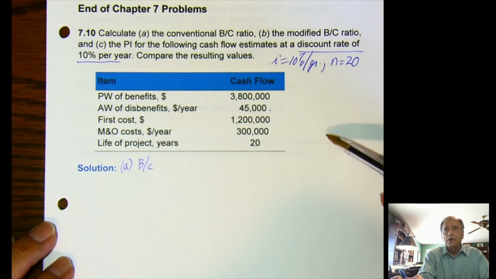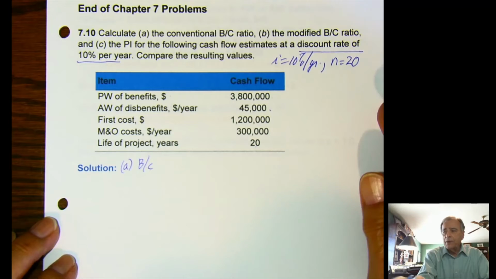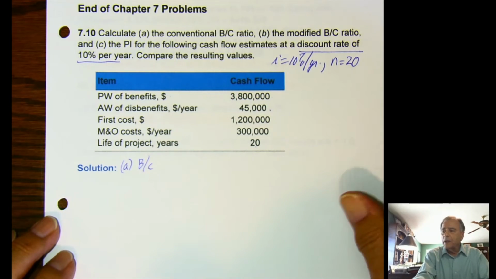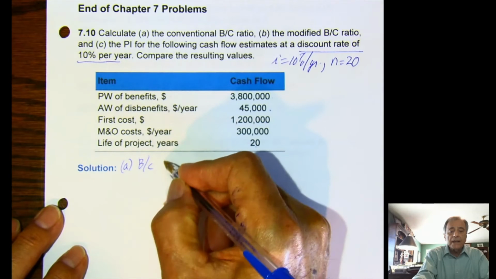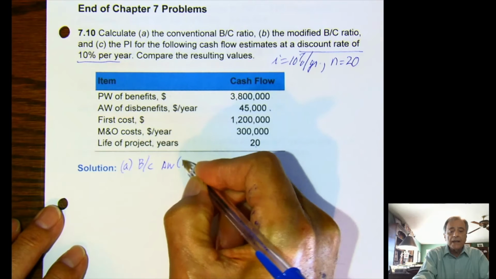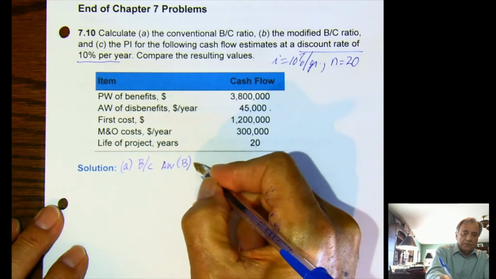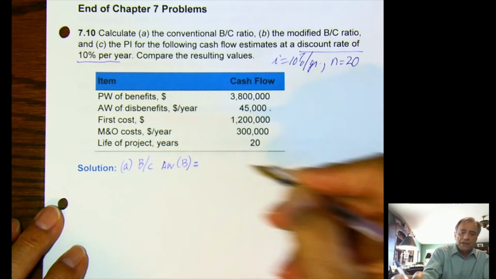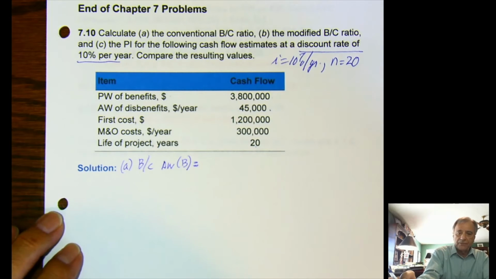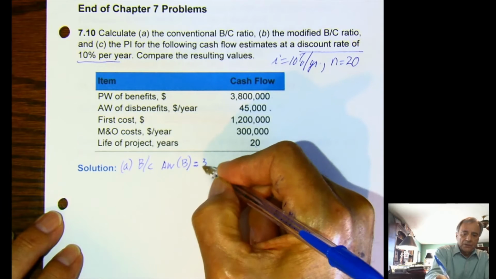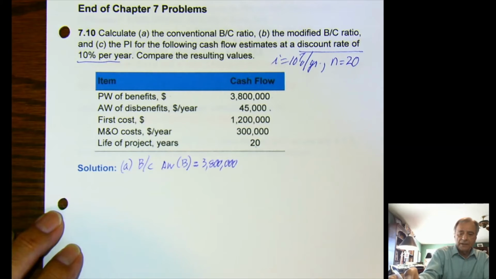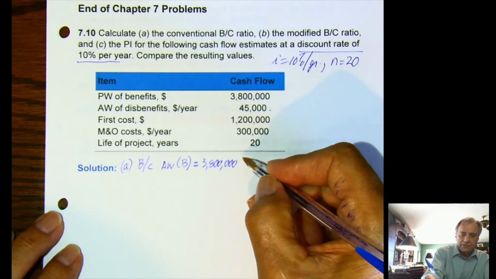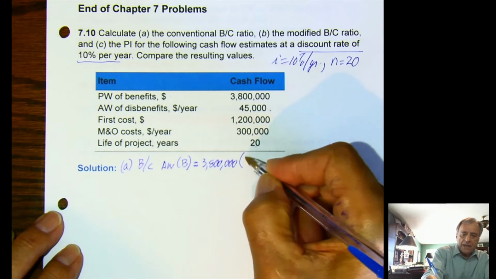Okay, so we want to get, we could work this with annual worth or with present worth. I'm going to go with annual worth. So the annual worth of the benefits will be, of course, the annual worth of the benefits minus the disbenefits. So this will be 3.8 million written out here, 3,800,000, A given P,